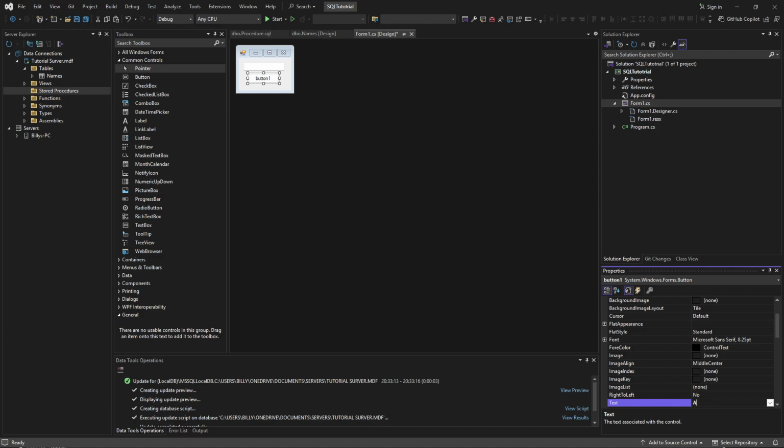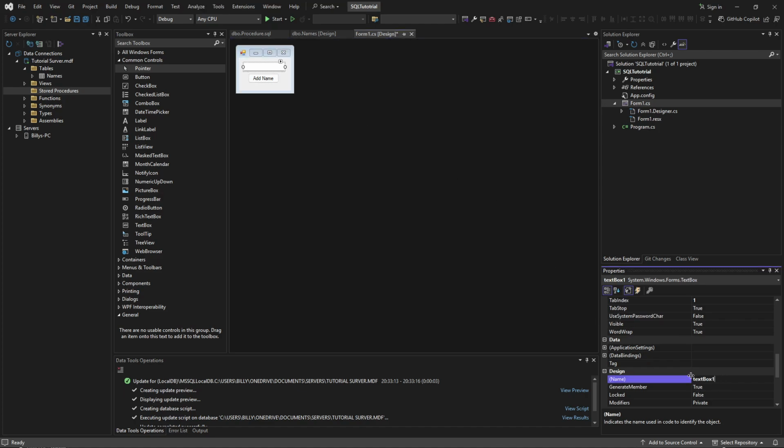Name it whatever you want. I'm going to click Add Name. It should pop up like that. And then go down to Design. I'm just going to name this button Add, just like that. And then click the text box. Name the text box whatever you want, txtName, just like that. And then once you're happy with everything,